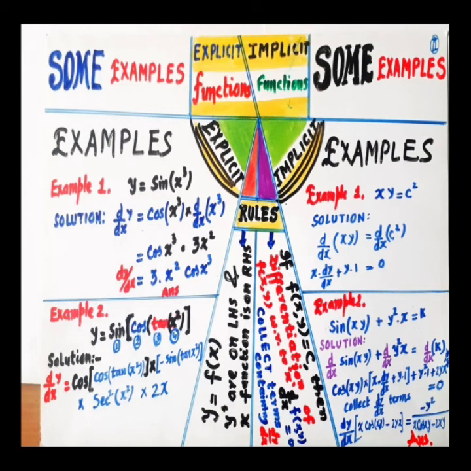Now, in the case of the second example, sine xy plus y square x is equal to k. Take the derivative of both sides, d by dx of all of them, one by one. Sine xy gives cos xy. xy, there are two functions, apply the product rule. x d by dx of y plus y